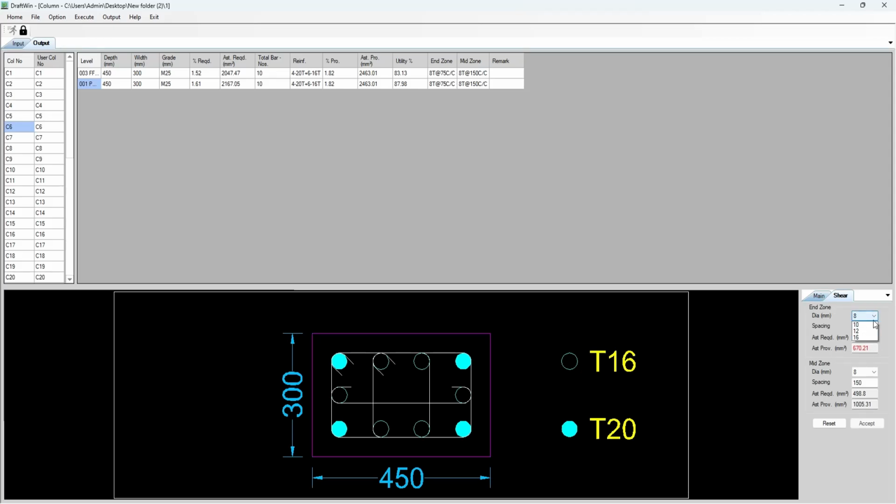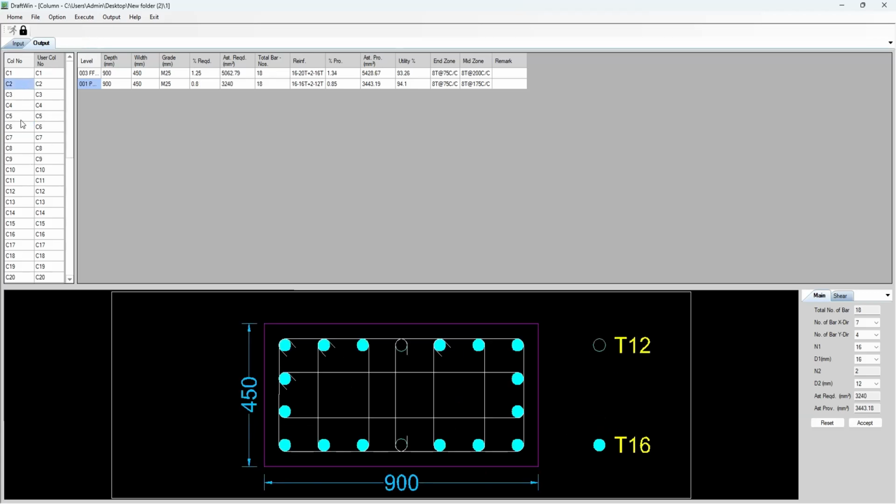As you can see, we have to give 10 dia stirrup to suffice the shear reinforcement, and you can change the D2 diameter to anything that you want, but you will have to see that the reinforcement provided is more than reinforcement required. It shows you the diameters like this. Once the detail has been completed,